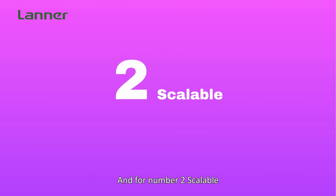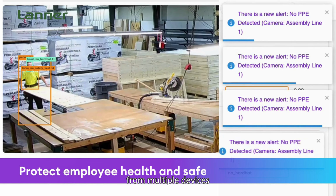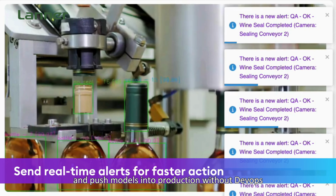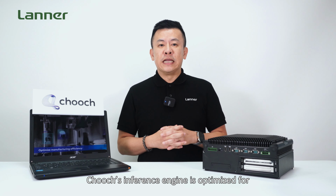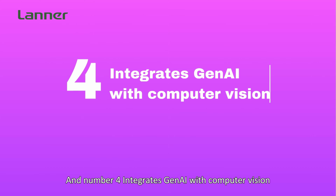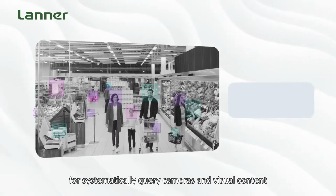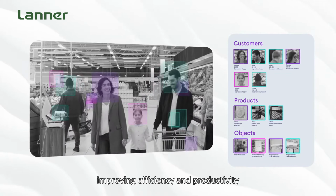And number two, scalable. Users can add video streams seamlessly by automating data collection from multiple devices and push models into production without DevOps. Number three, process image and video data transfer. Chooch's inferencing engine is optimized for low frame-per-second environments, resulting in lower GPU resource requirements. And number four, integrate Gen AI with computer vision. The user can leverage prompt engineering to systematically query cameras and visual content to generate more accurate detections faster, improving